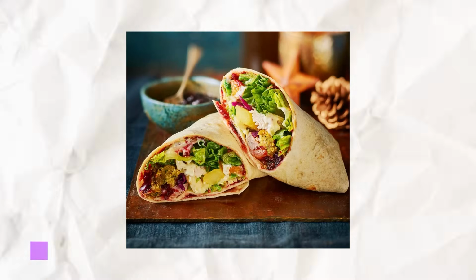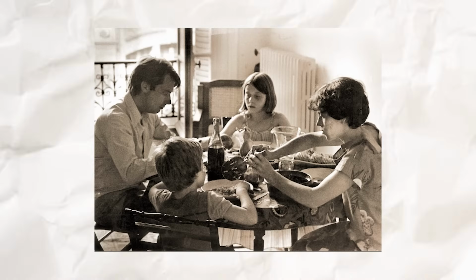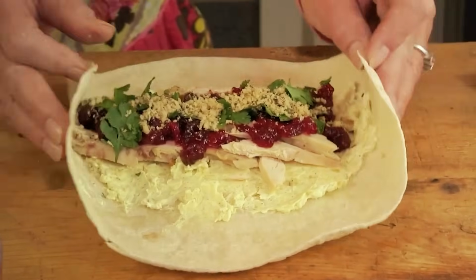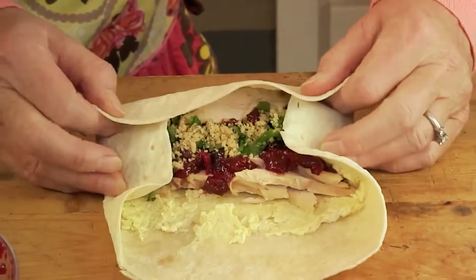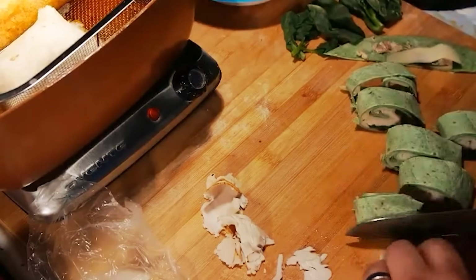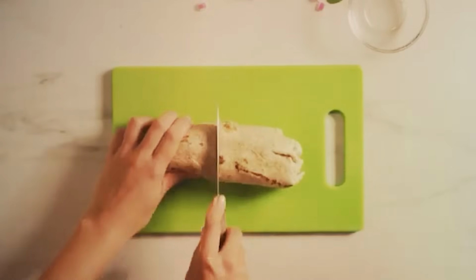Turkey and cranberry wraps were a clever and quick lunch idea that made excellent use of holiday leftovers in mid-century America. This recipe wrapped slices of leftover roasted turkey with a spread of sweet cranberry sauce inside soft tortillas or flatbreads. It offered a perfect balance between savory and sweet, combining the hearty flavors of turkey with the bright tartness